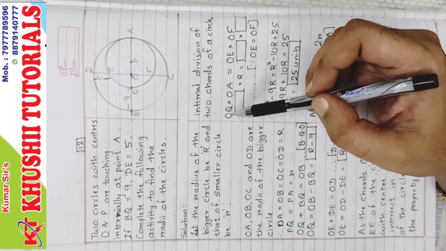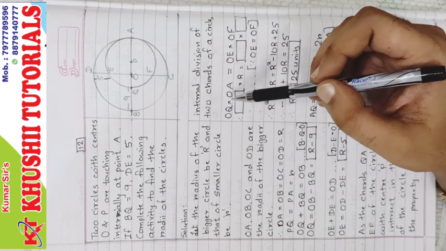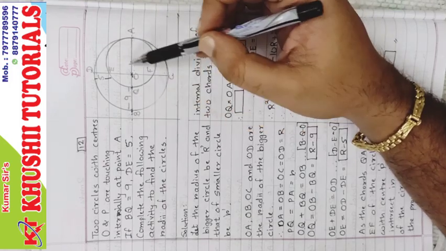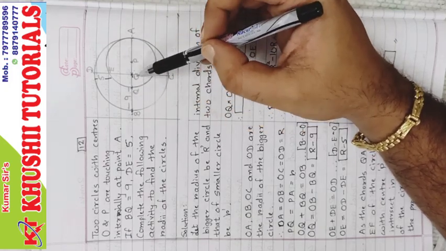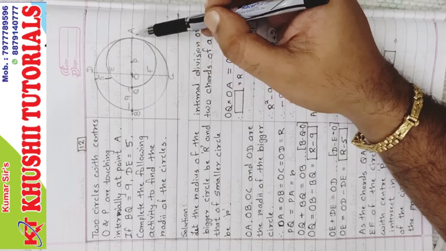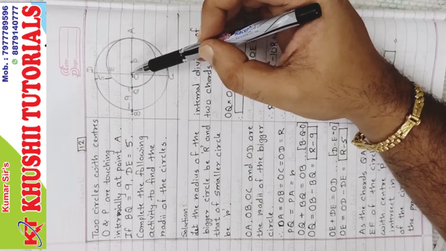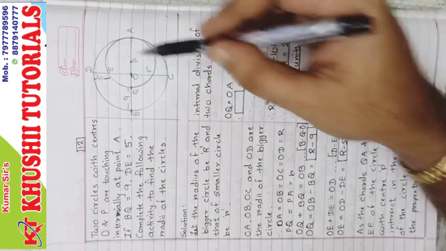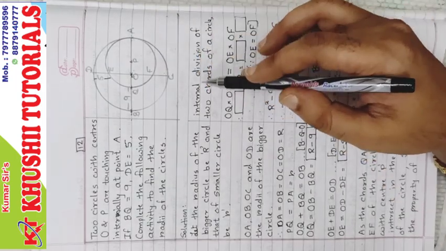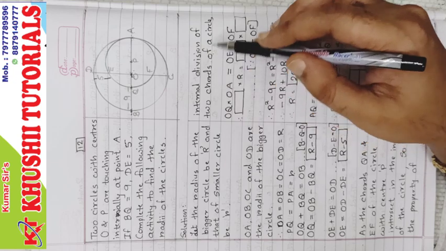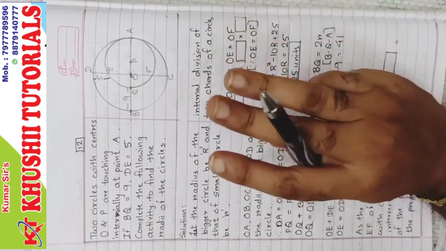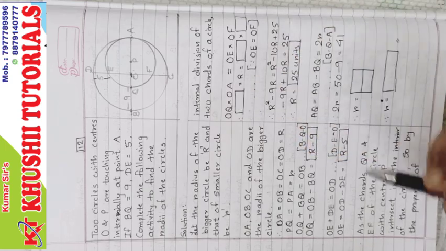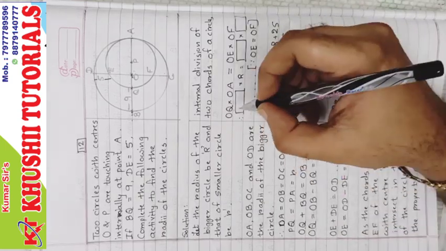So similarly here, QO into AO for smaller circle. Are you getting it? That is for bigger circle. Now for smaller circle, QO into OA equal to EO into OF. This is the property of internal division of two chords of a circle. In which chapter? Chapter number 3, circle. Now here we got the value of QO. QO is R minus 9